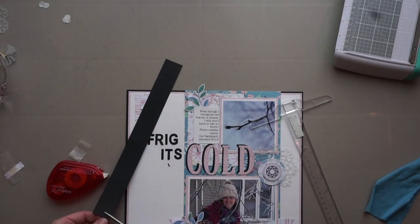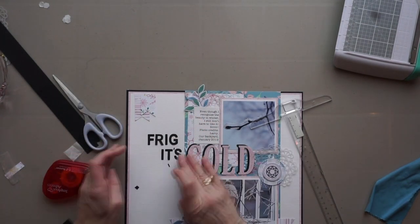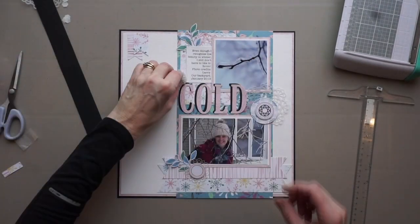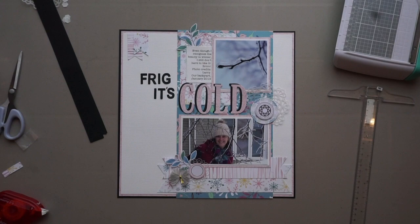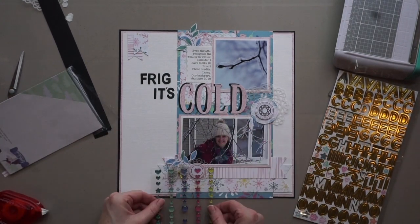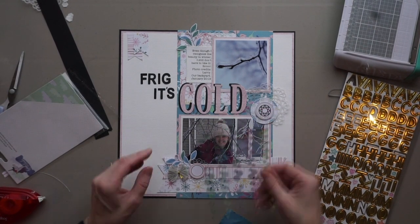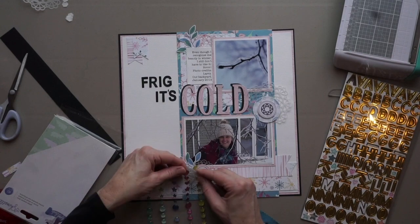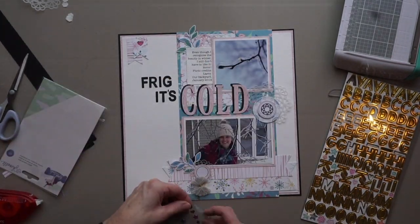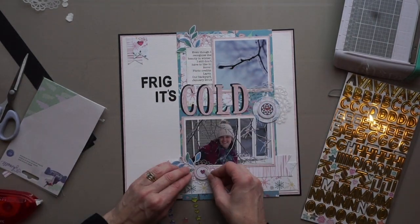What you see me doing here is adding an apostrophe to its. It was so tiny I had trouble adhering it, so basically I added adhesive to the black paper and then I cut it out with scissors, and it worked perfectly. It's like I made my own little sticker. So now what I'm doing is adding some of those enamel shapes like I said, and it really does finish off the page. The camera will stop in a minute, and all I did after was adhere that gray tassel